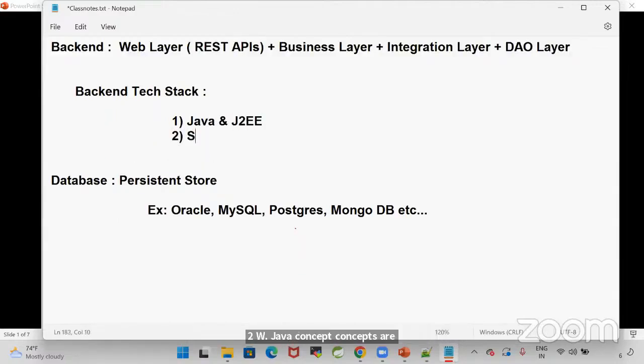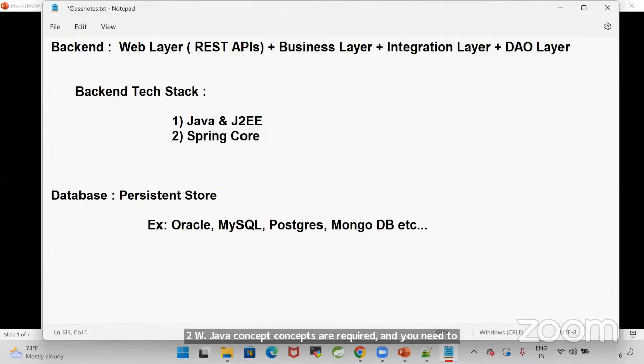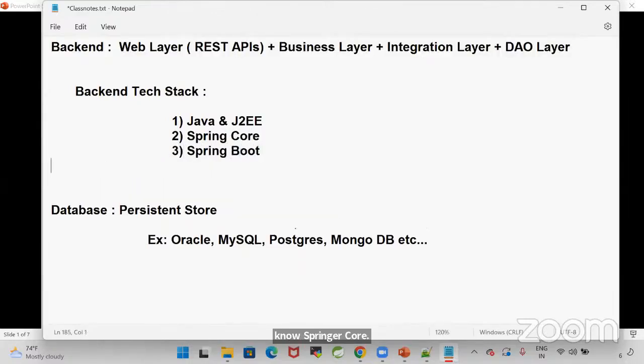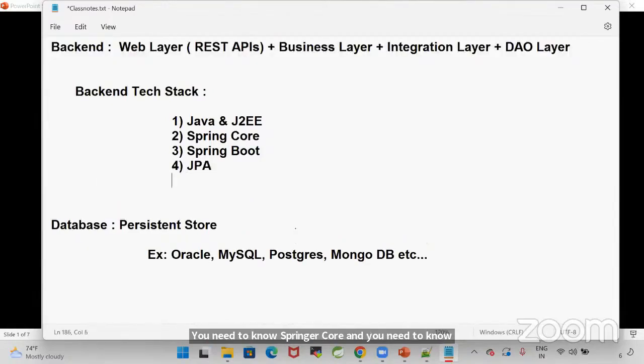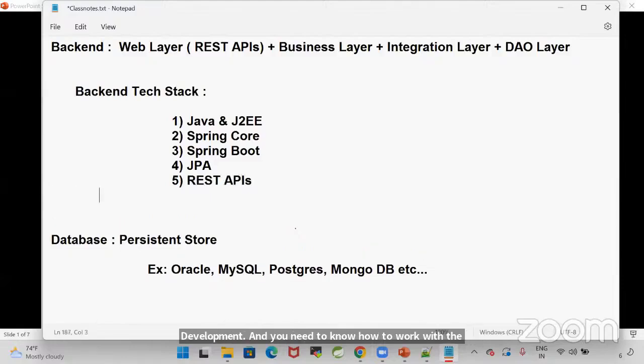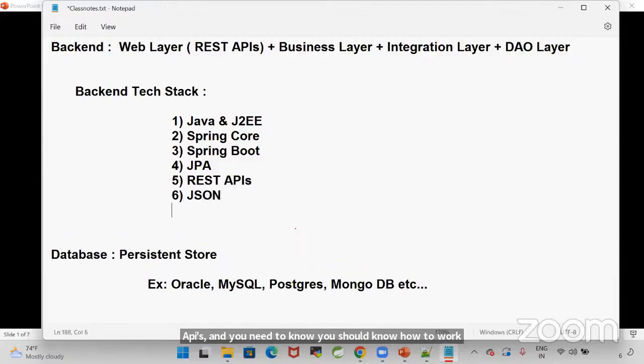And you need to know Spring Core. And you need to know Spring Boot. And you need to know JPA development. And you need to know how to work with REST APIs. And you should know how to work with JSON data. Currently, JSON is having a lot of demand in the market.